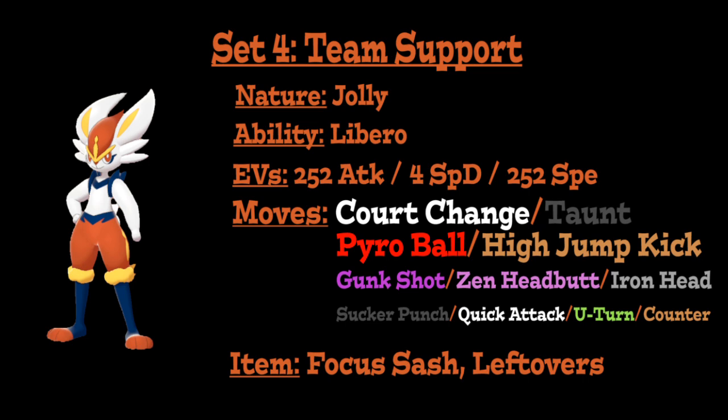So Counter can be very interesting when used with this, because if your opponent damages you with a physical move in the lead spot, you can automatically survive it because of the Focus Sash and just counter and deal pretty much your opponent's full health damage back to them, provided they're not a ghost type. So that's actually a cool little other gimmick that we can use with this set, but I also included U-Turn